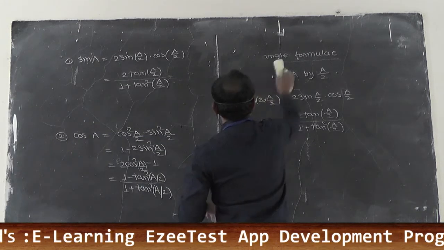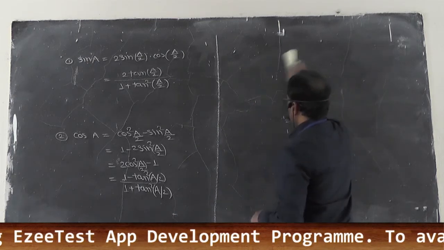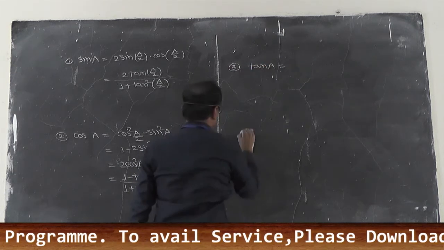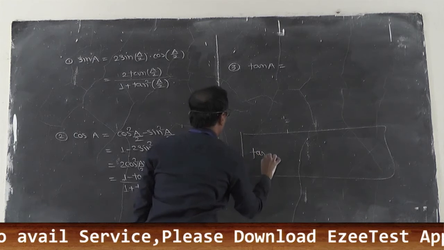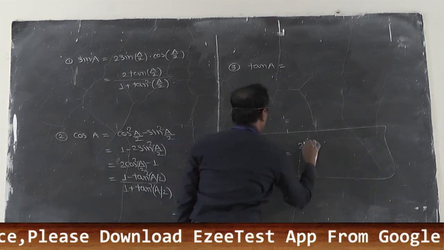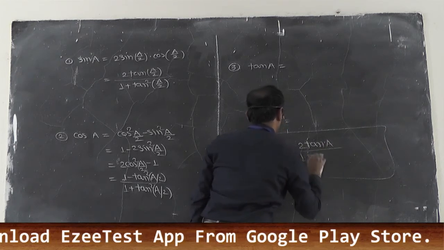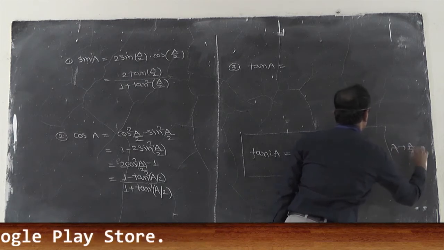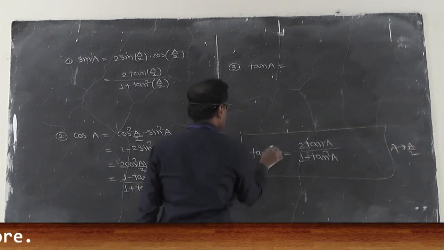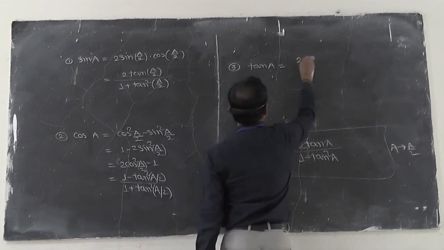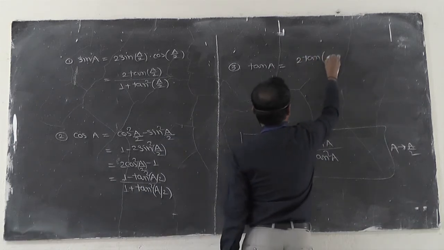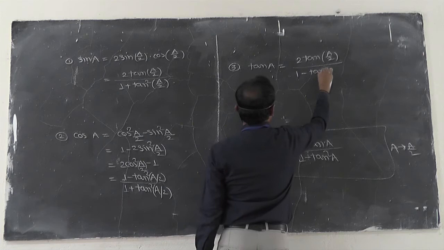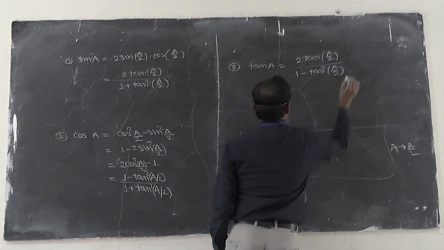After that it is the formula for tan a. Coming to the third one, tan a I want. Now tell me what is the original formula for tan 2a. The original formula for tan 2a is 2 tan a upon 1 minus tan square a. What is your prime duty? Replace a by a upon 2. So this tan 2a is replaced by tan a and this is written 2 tan a by 2 upon 1 minus tan square a by 2.